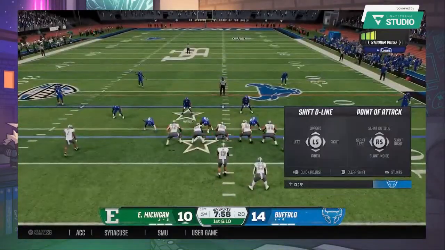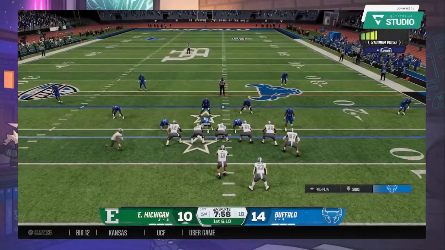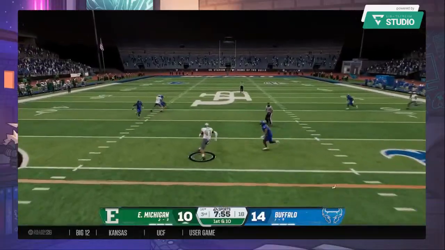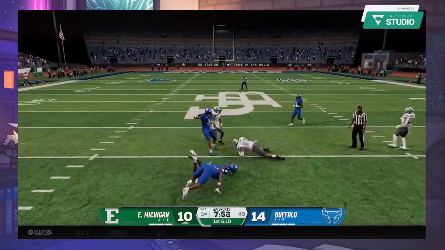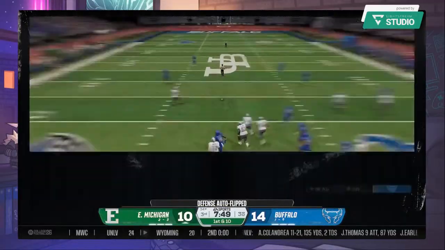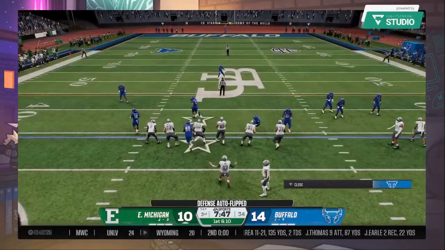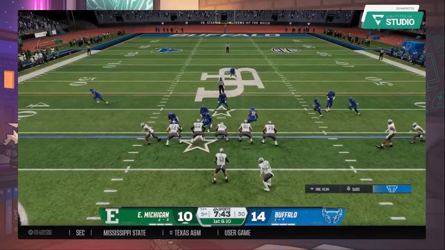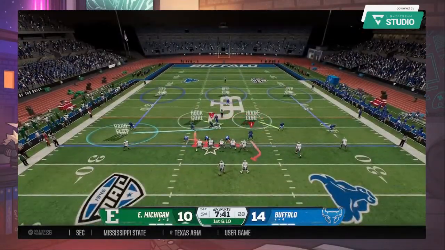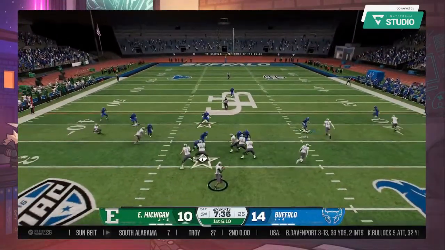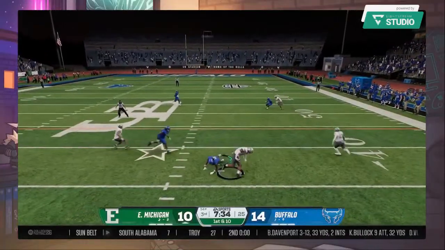If they're going to get on top in this game, they're going to have to find a way to get the running game going in the second half. Agree, so it can create some more. There he goes! Finally corralled, but not before he picks up the first down. Eastern Michigan going fast. Offenses love the explosive plays through the air, pushing the ball down the field. And look at this. Sometimes it creates some momentum, and you want to capitalize. So you go get on the ball and get ready to run some no-huddle.